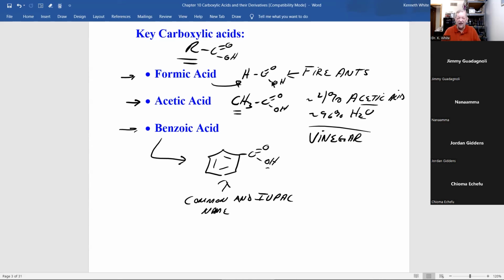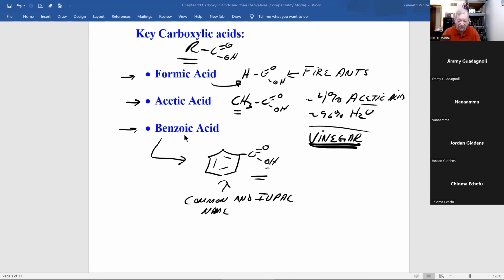When R is a methyl group, acetic acid, nobody ever calls that ethanoic acid, and you mix that with water, you have vinegar. And finally, when R is a benzene ring, you have benzoic acid. And that's both the common and IUPAC name for that. And those are some important